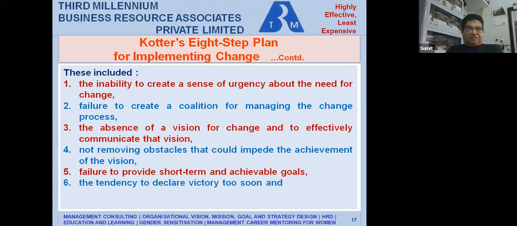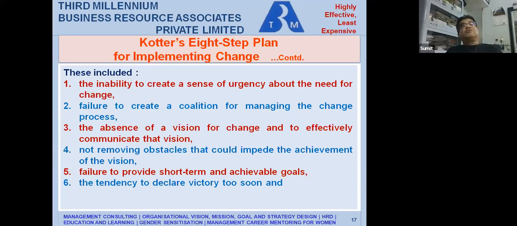Right? For example, if you have scored a goal in the first minute in a hockey or a football match, and till about 10 minutes to go, you have retained that lead, does it automatically mean you will win the match? In the last 10 minutes, 2 goals could be scored. Or even if 1 goal is scored, the match ends in a draw, you will have extra time to play or something like that, or whatever happens. Okay? So there could be so many things that could go wrong. So don't declare victory so soon.